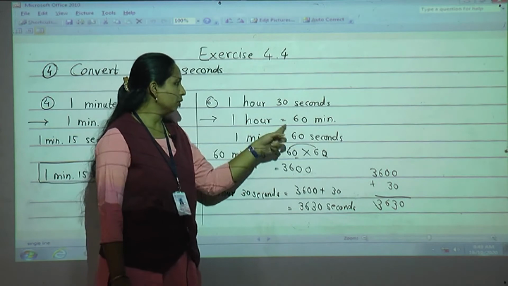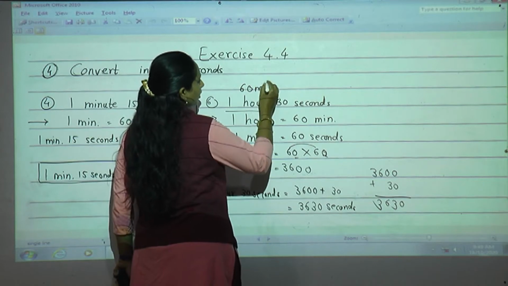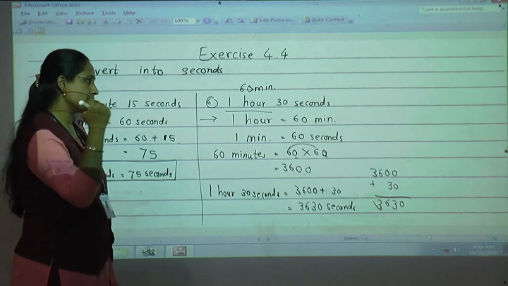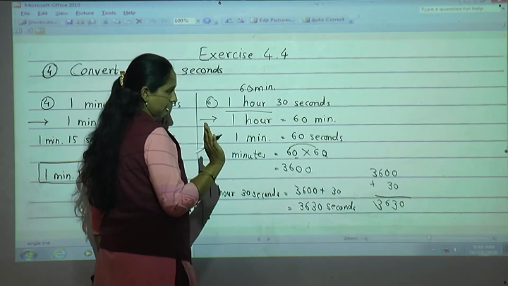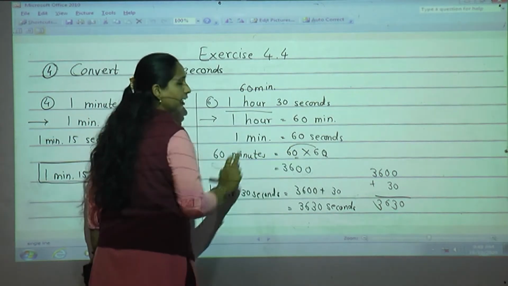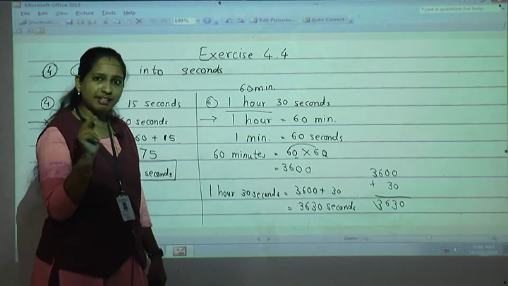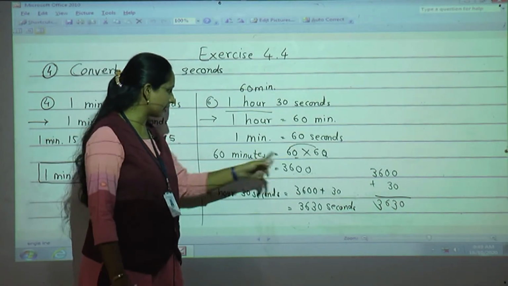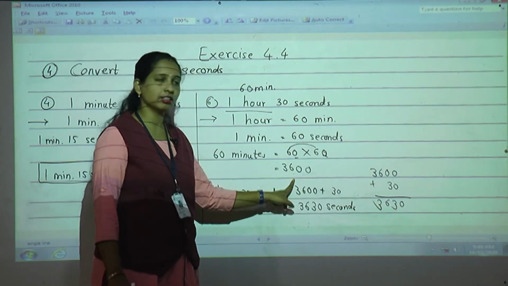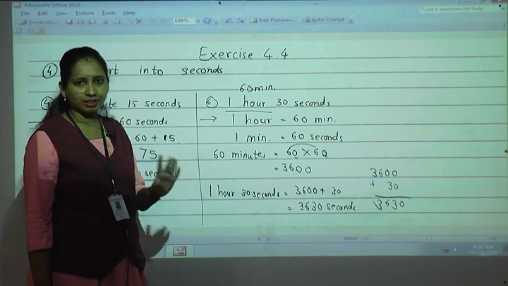Okay, so now here what we have to convert? 1 hour we have converted into 60 minutes. So the question is now 60 minutes and 30 seconds we have to convert into seconds. So 1 minute is equals to 60 seconds, this you know. So 60 minutes is equals to 60 multiplied by 60. To convert minutes into second, what we do? We multiply by 60. So I have done same, 60 minutes multiplied by 60. So 0, 0, write as it is, 6, 6 are 36. So answer is 3600.